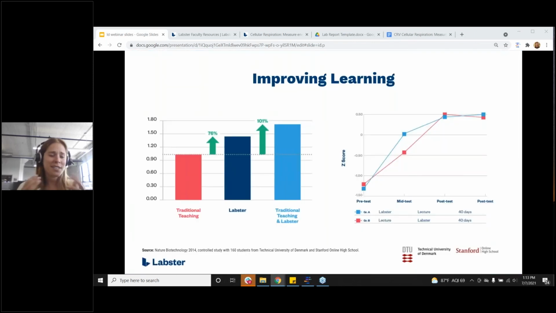Again, we would be the worst ed tech company if we didn't have data to prove this. The study showed a 76% higher increase in knowledge for the group using virtual labs compared to groups that learn the same material in just a lecture. So the data is there to prove that Labster, alongside your traditional normal teaching methods, is really, really great for the students.